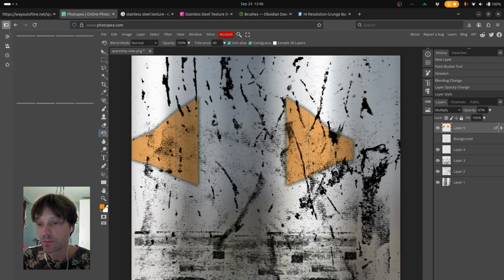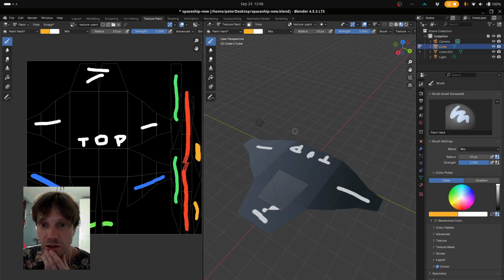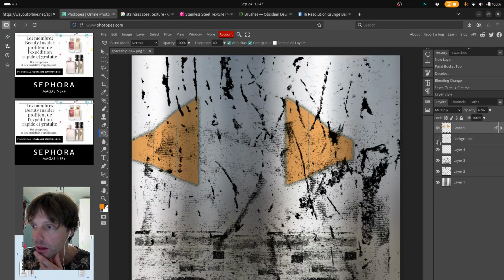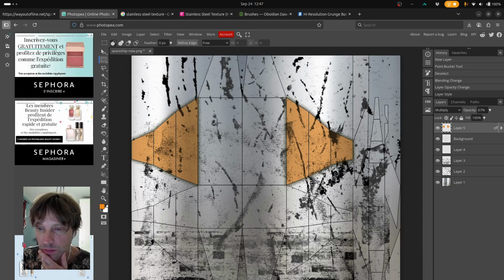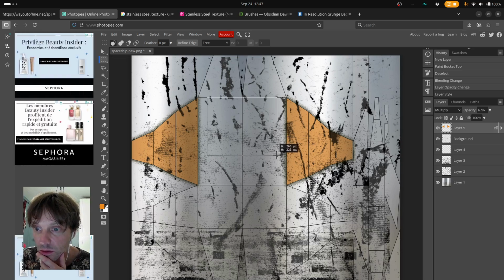Now I'll say deactivate background. We still need some kind of thing for the windows. Let's see in here, just to see where our window would be sitting. It's on that part that's kind of split as well. So we could do something there where it says top, like a square impression for where the window is going to sit. So maybe I'll do a rectangle select. So I'm thinking up until here we could have some kind of box that goes around the window,